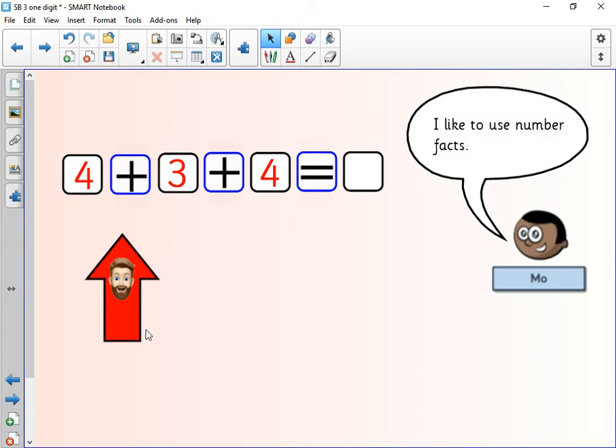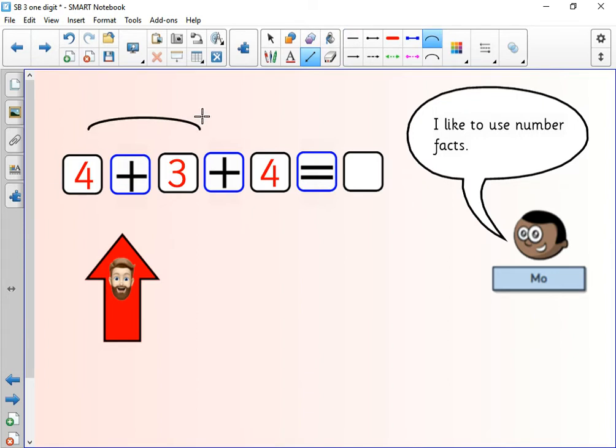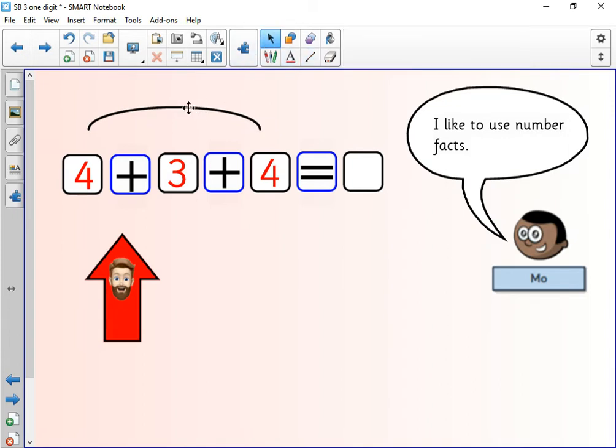Can you see a number fact, 2 numbers that we should know a fact for? I can see 4 and 4. So I'm going to join those 2 numbers together, 4 and 4, and that's double 4, which